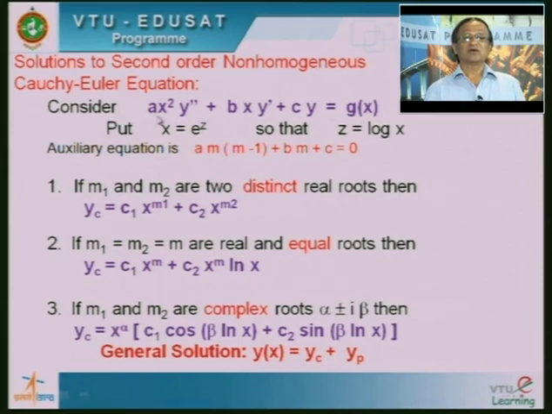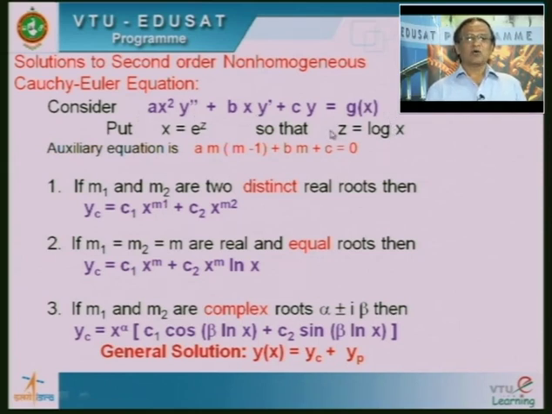First, I want to convert the auxiliary equation into roots, meaning you can find the nature of the roots. Then you can write down the complementary function, which we call y suffix c. Then the right hand side function we want to convert into a function of z, and you can find a particular integral. For example, the given differential equation is a non-homogeneous linear differential equation with constant coefficients.